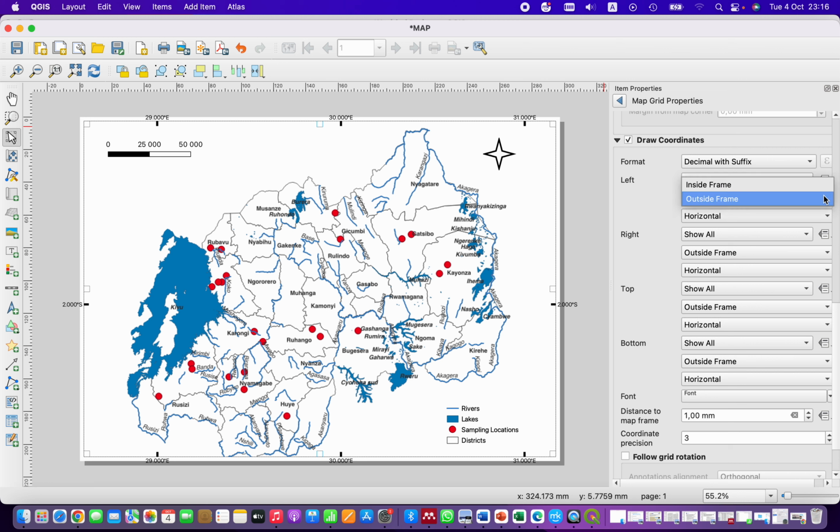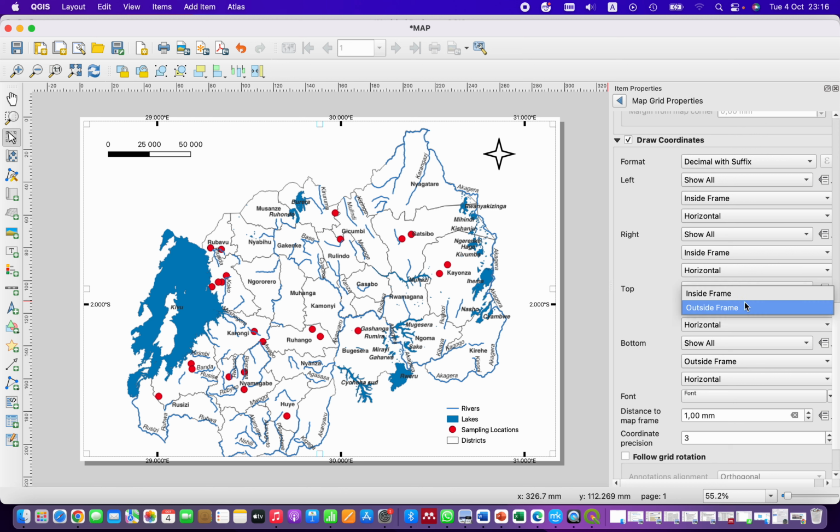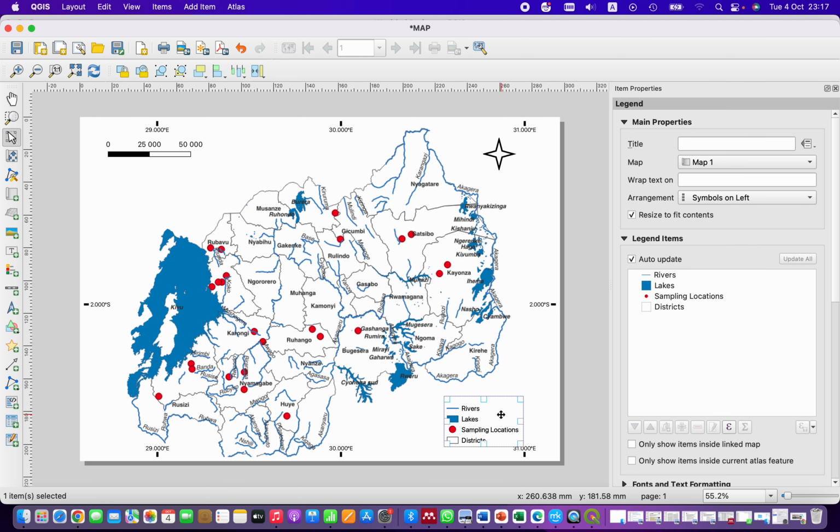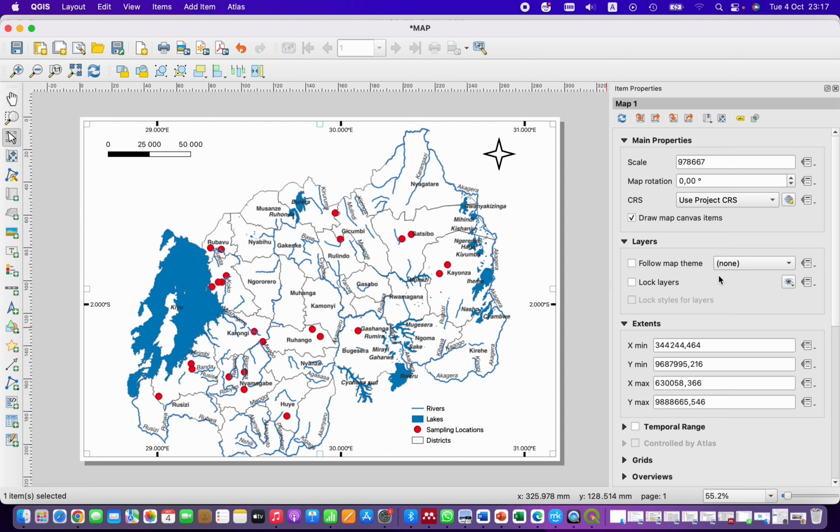Here then I put inside the frame. Inside, I want to put them inside. Here also I want to put inside. Inside, you can modify as you want. Left inside, right also it is inside, everything's inside. But here you can put it here. Then I go back to